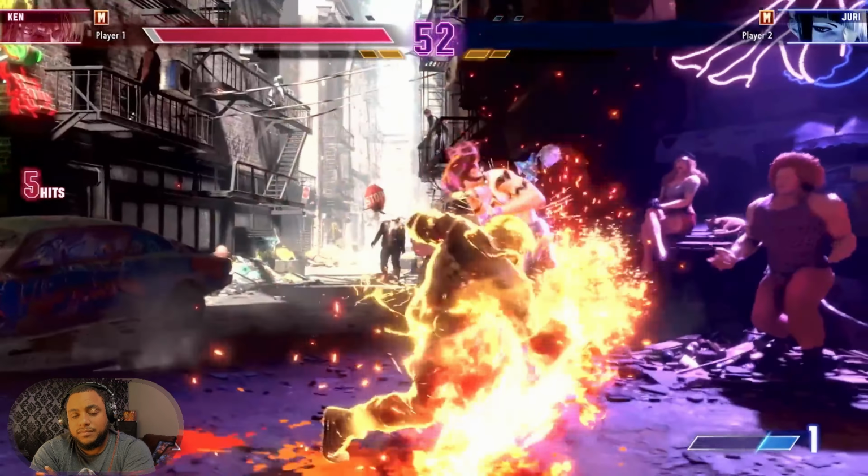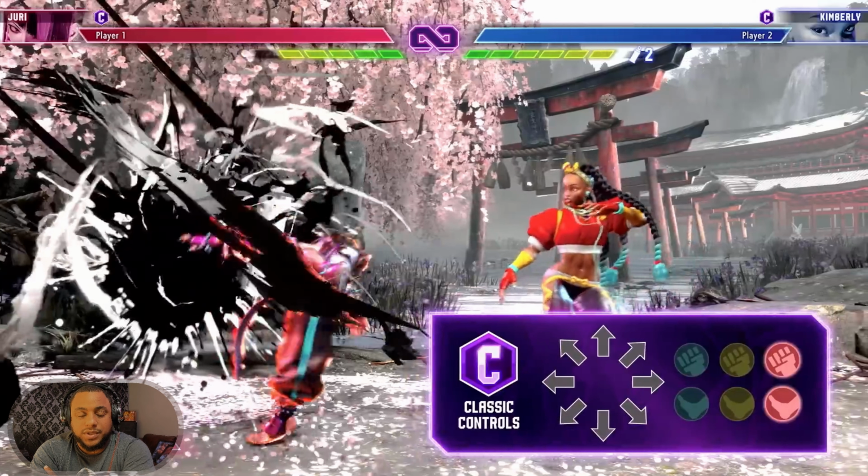With classic controls, it is very interesting about Drive Impact, the fact that you can do it to counter attack a Drive Impact. You can also get hit out of it. Not easy to get hit out of it. And there's some other cool things, like sometimes you get the character to get pushed back far, and then other times when you interrupt a move, you get a crumble. So depending on what